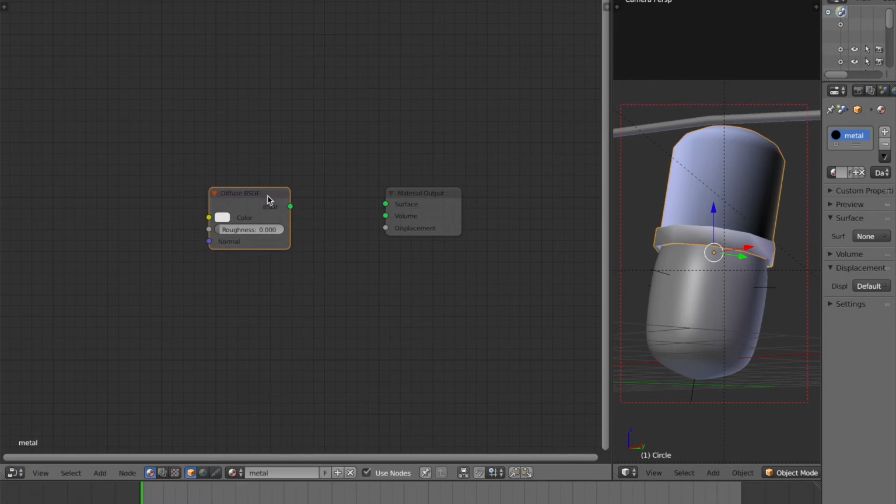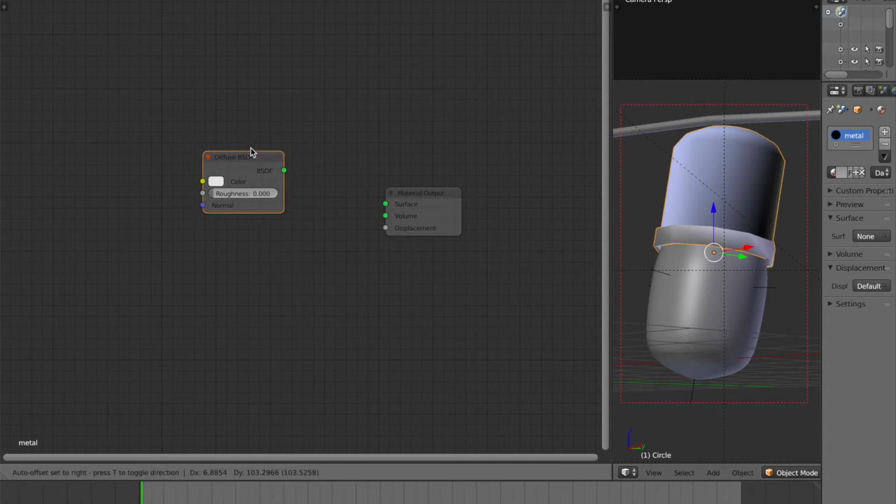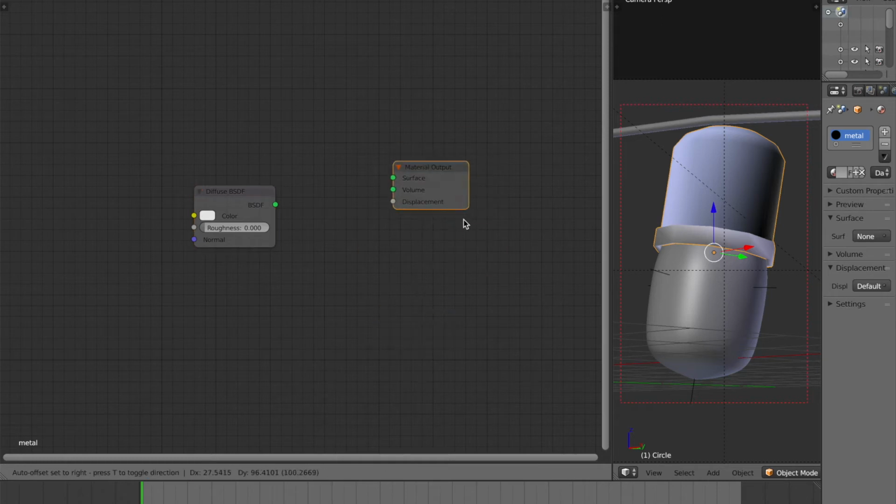Andrew Price put it best when he said it's kind of like a sandwich making machine. Each node represents a piece of the sandwich, and you're just putting them all together until the final output, which you get, is a finished sandwich. And you can change the different ingredients, but it's all just like one big factory pipeline. And the compositor, because of this, is super, super powerful. So I want to show you how to make a realistic metal texture like you saw in the render at the beginning